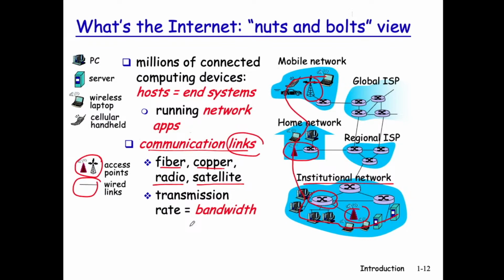Now, these different access link technologies are slightly different in terms of transmission rate, the number of bits they can transmit per second, bps. In this course, computer networks, we also call this transmission rate the bandwidth. It actually meant more the width of the communication band of the network. This is somewhat different from electromagnetic wave courses, where there is a certain frequency band in the EM waves that we use to modulate bits, so bandwidth there refers to the frequency band. But here, the bandwidth refers to the network channel band.